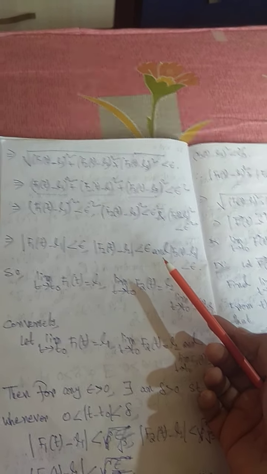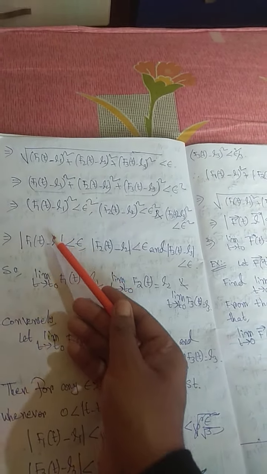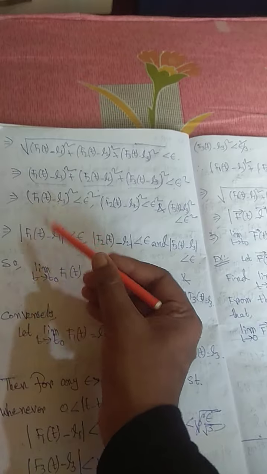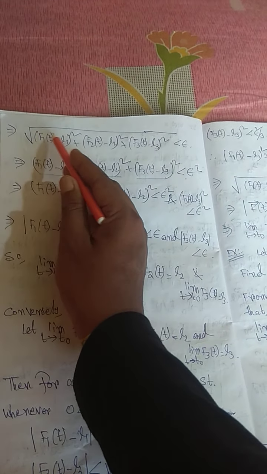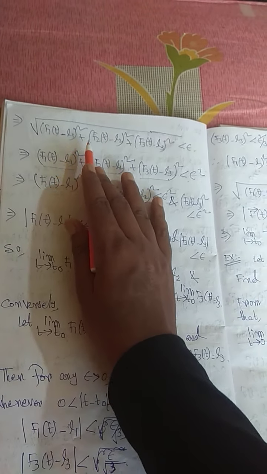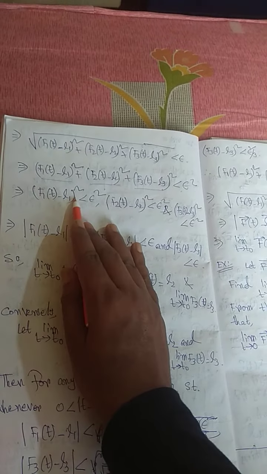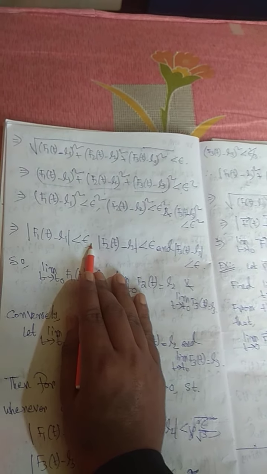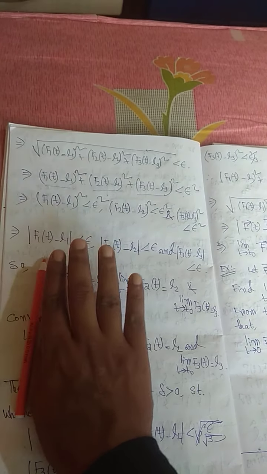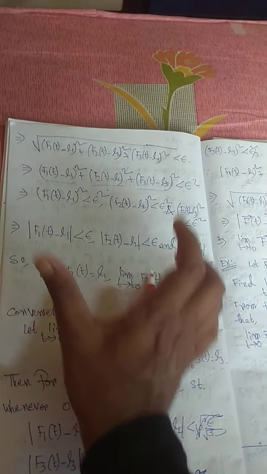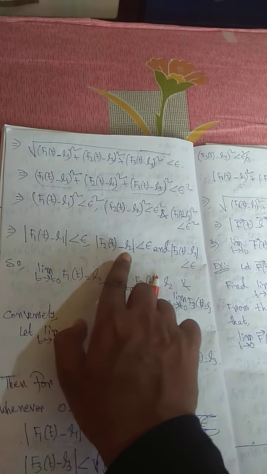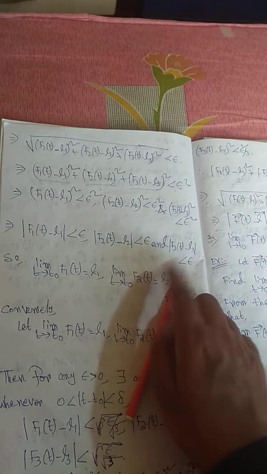Now you can ask why it is modulus here, because it is not a vector, there is no i cap, j cap, k cap. The answer is, whenever I am removing this modulus, this vector becomes a scalar. Modulus of a vector is a scalar. So I can write that if this square is less than epsilon square, its modulus is less than epsilon. Here the modulus means the normal scalar modulus, the normal absolute value. But there the modulus means modulus of a vector. So this is less than epsilon, this is less than epsilon, this is less than epsilon.